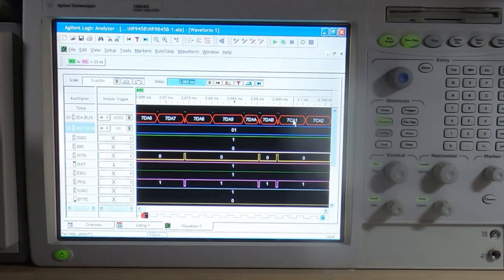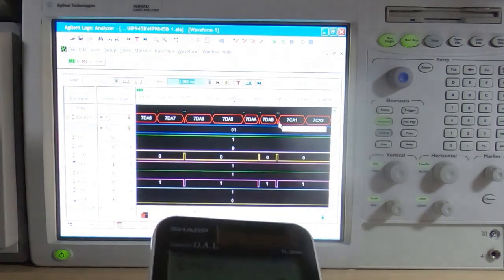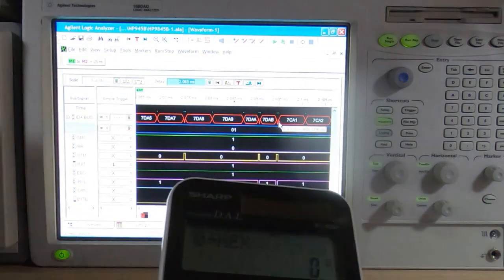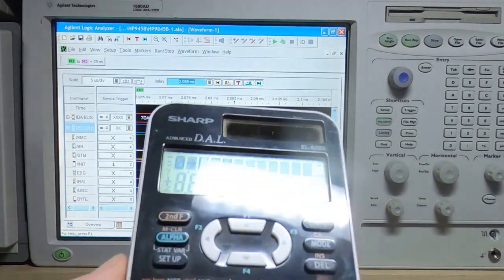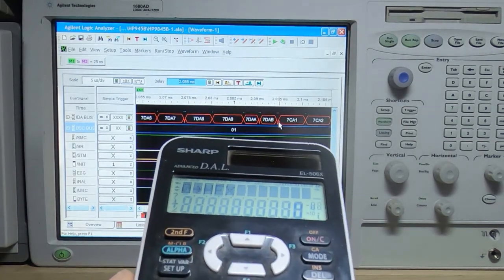So this is an odd value to reset to. It can do this, it just depends what value the system wants to load into the address counters. But I suspect this is wrong. But what I'm going to do is calculate the difference between these two values. So get the trusty calculator, and I'm going to enter, you probably can't see this, too dark in, let's get a light. Hopefully you can see that. So hex values, but we'll enter